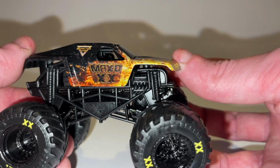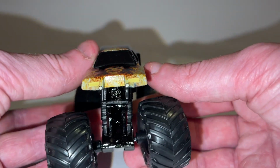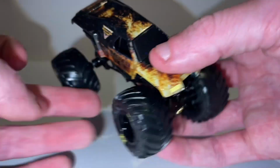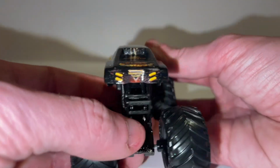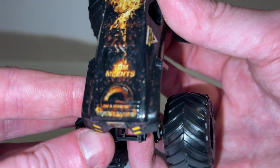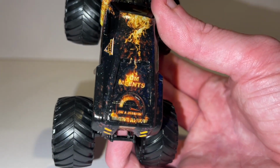The Max D Double X logo on there looks great. You can see Maximus on the hood, the lights on the front, a few sculpted details of grills and whatnot. The flames continue on the top, but this is really nicely captured. You've got the lights on the back, the Monster Jam logo on the back as well, and then the best bit, Tom Meents on a mission,